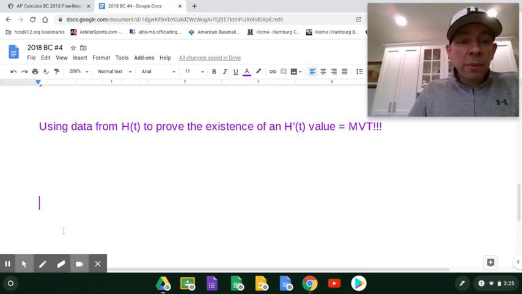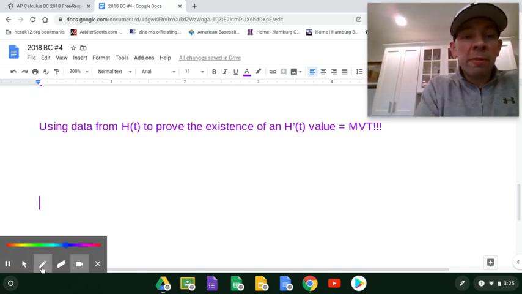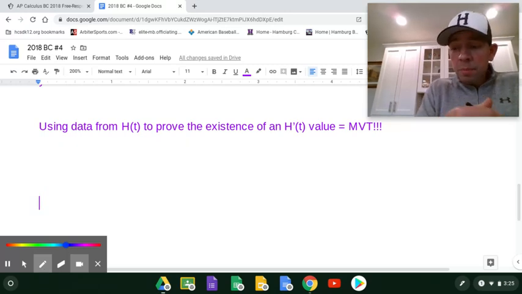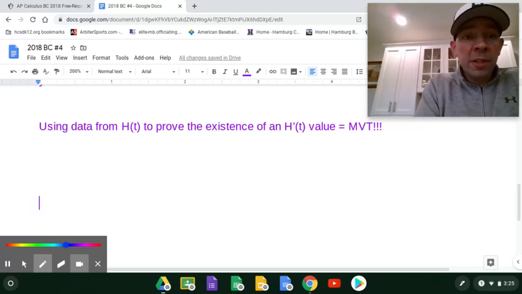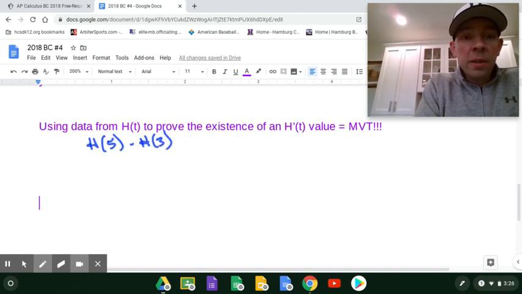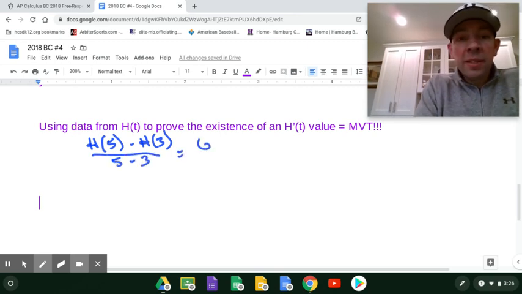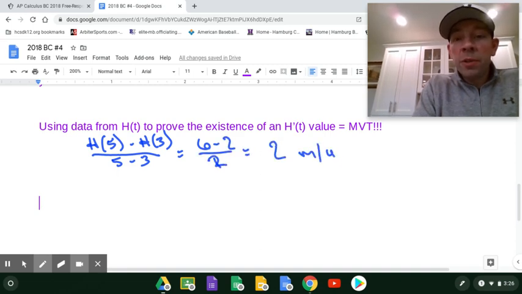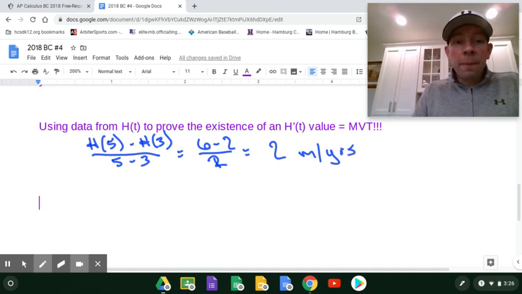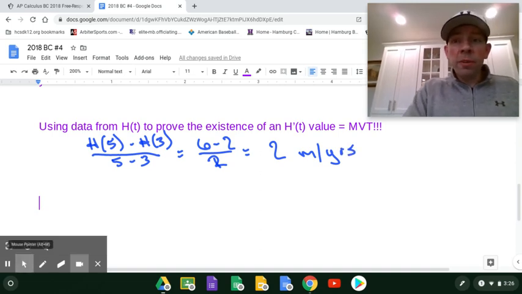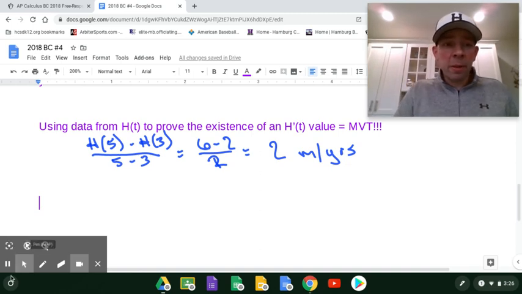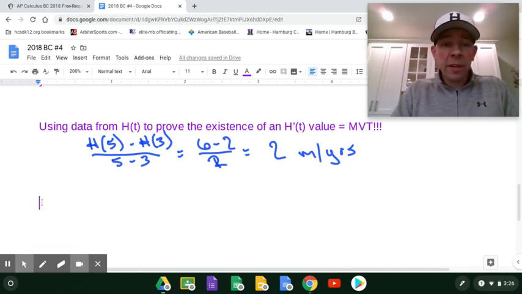Now, the first thing that I want to kind of check off here or try to prove or verify is that the slope between t equals 3 and t equals 5 really is 2. So I'm going to say h of 5 minus h of 3 over 5 minus 3 turns out to be, let's see, 6 minus 2 makes 4, divided by 2 makes 2. And again, we might as well include units for fun here. Okay, now the next thing we're going to do, so what are the prerequisites? Like, this theorem isn't even really applicable or guaranteed to be true unless a couple of things happen to be true. So we could say, well, first of all, because